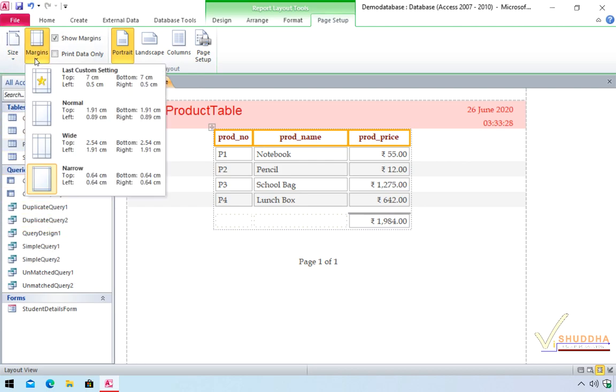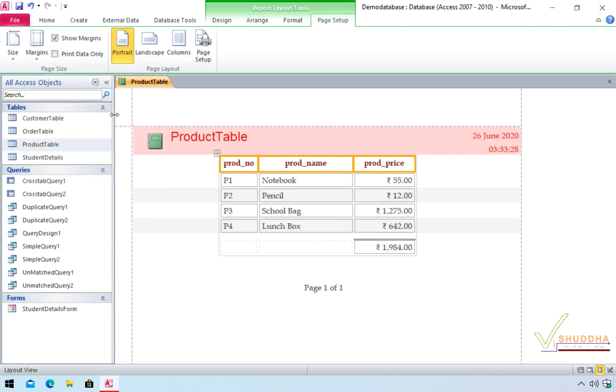Now you can select the margins that you want. If you want a normal margin with these settings as listed here, you can click on this, and if you want a different setting, you can again do that. Now, in order to change the orientation, you can simply click on the appropriate orientation button. In this case, I want it to be portrait only, so I will not change the orientation.